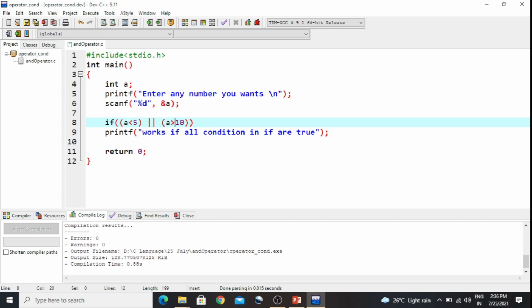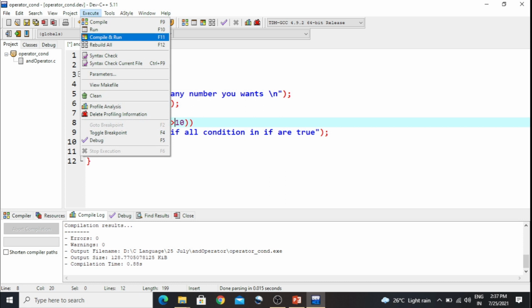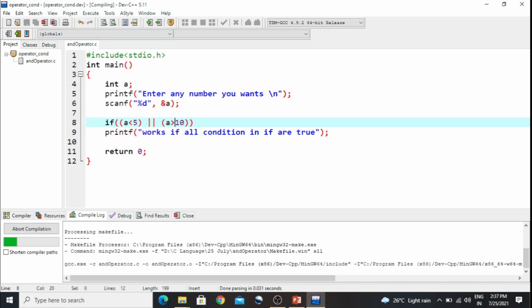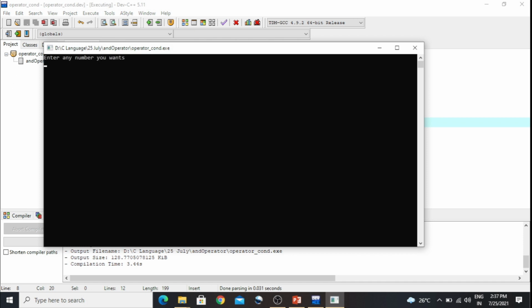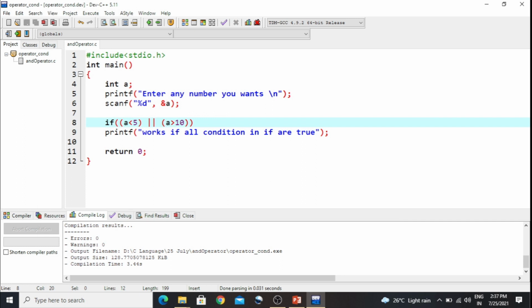So in between, if I give a number like 7, it will not satisfy the first condition, a less than 5, and it will not satisfy the second condition, a greater than 10. So it will not print the statement. In case of logical OR, only if both conditions are false will the next statement be skipped. Otherwise, if one of them is true, the printf statement can be executed.